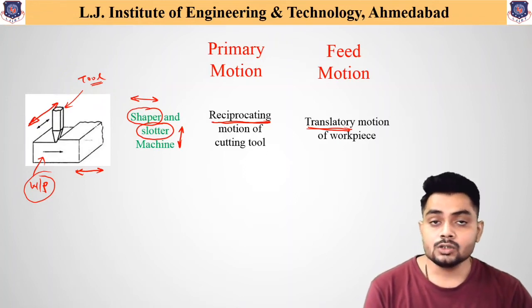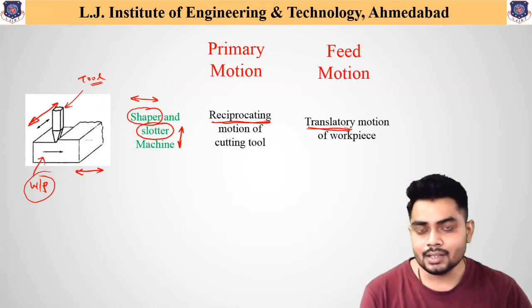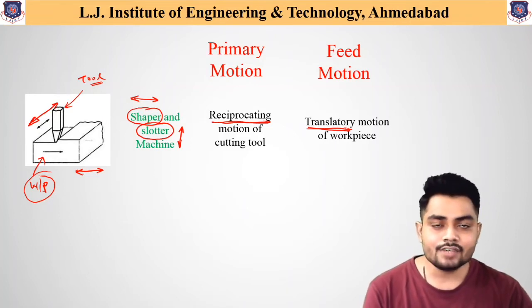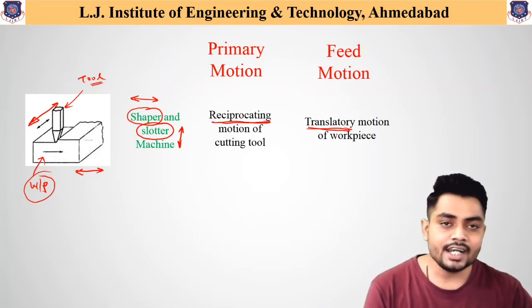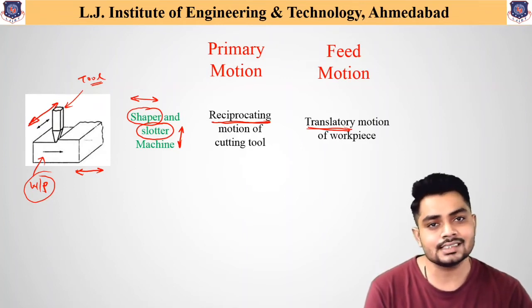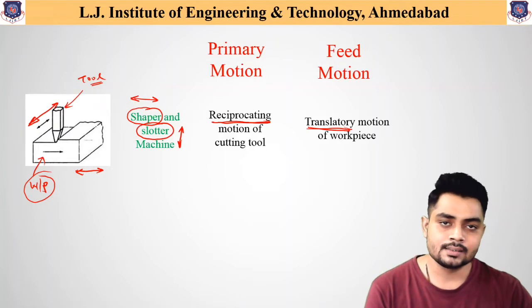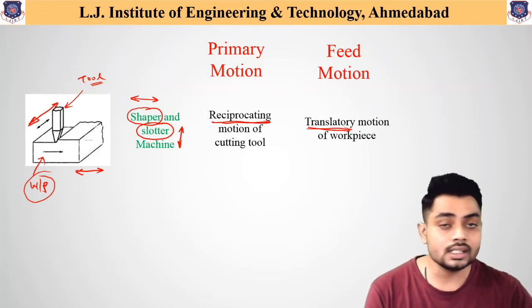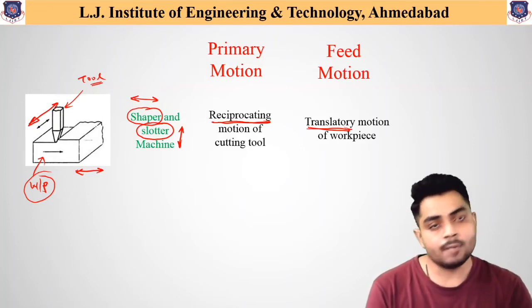Again, there are also different machineries available, and for those different machineries, we will discuss the different primary and auxiliary motions and how those motions are obtained in our particular chapters that we will discuss in our further lectures. So up to now we have discussed major machines or machine tools, in which the primary motion is required and which the auxiliary motion is required for the cutting purpose.